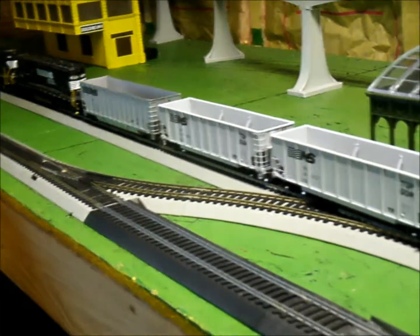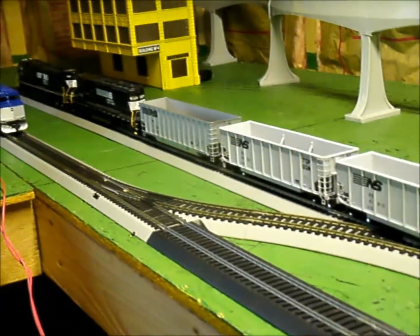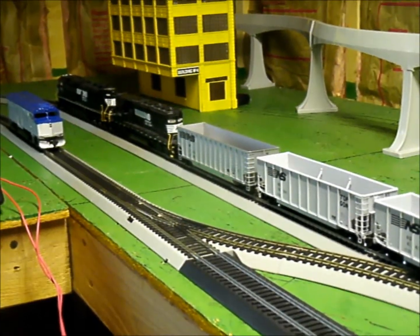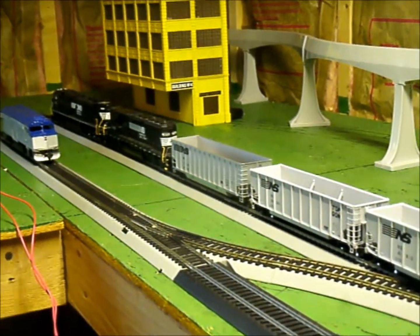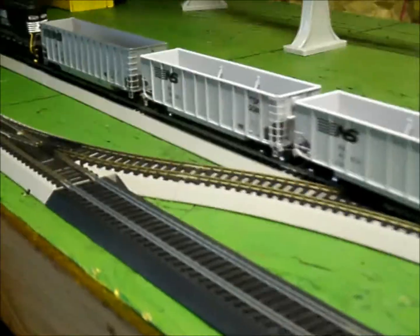These crossovers are a little tight for my preference. A lot of cars tend to derail when you run through them, so I'm going to look for some softer crossovers. But I've decided to double track the layout. Eventually I'm going to isolate them right at this point right here,